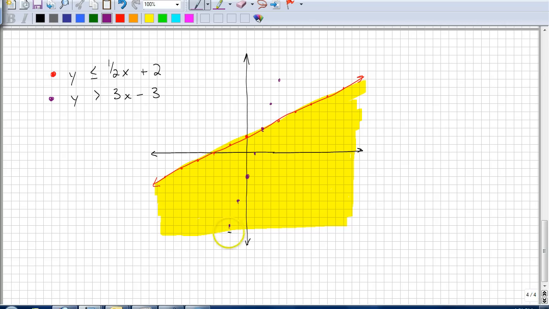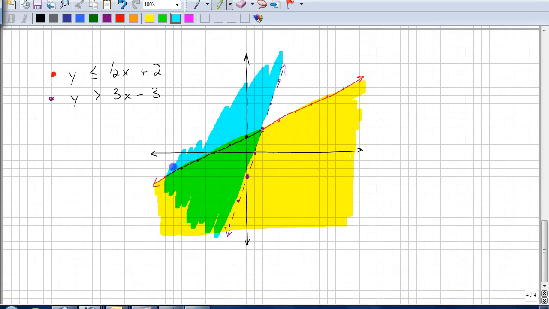And for this one, you would use a dashed line since it's just greater than and not greater than or equal to. Again, it's greater than, so I'm going to shade above the line. Now watch what happens. So this area that's in green here